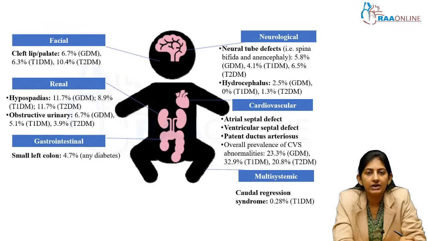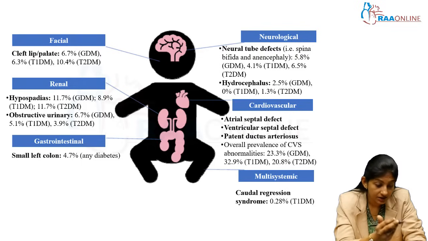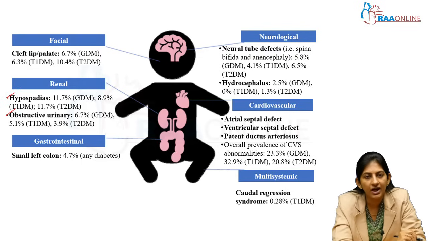This is again a very interesting picture from an Elsevier journal, and here everything about the IDM baby, the clinical features and complications, have been mentioned along with the percentages. I would like you to take 2 minutes and go through this image. I think one or two I have missed here. One is the renal anomalies, especially hypospadias and obstructive urinary anomalies. It has been missed in the previous discussion, and other things, I think everything has been mentioned here. So go through this image, which is not from Nelson but another journal, and you have a complete idea from top to bottom.